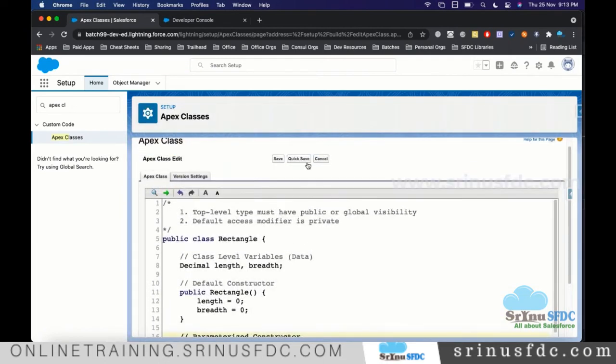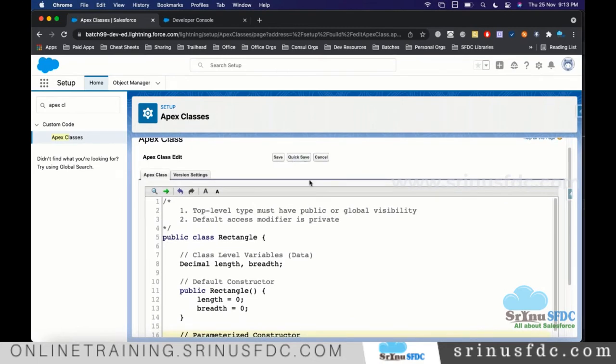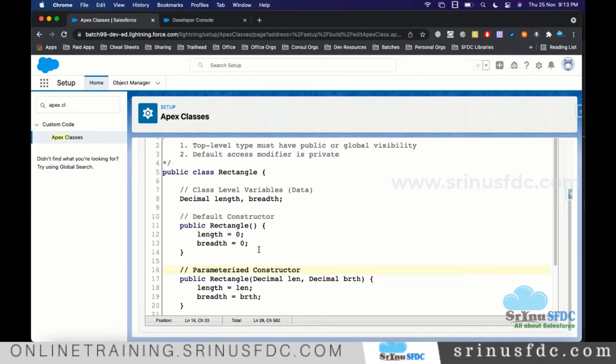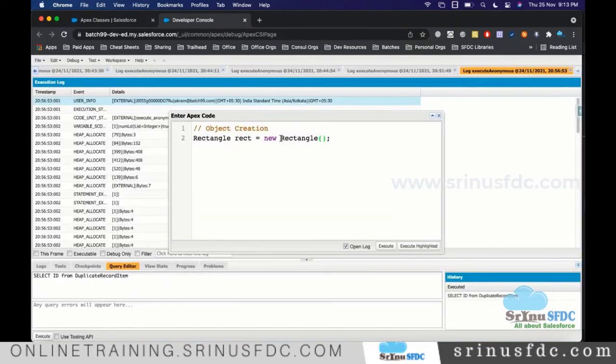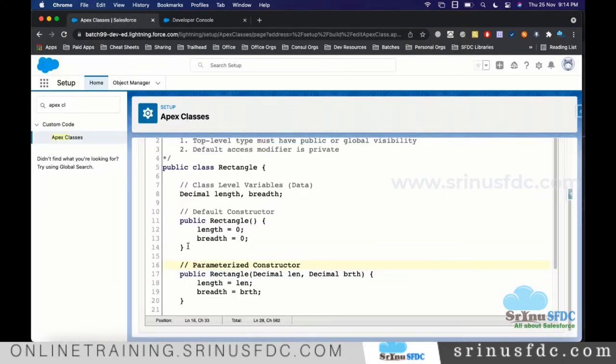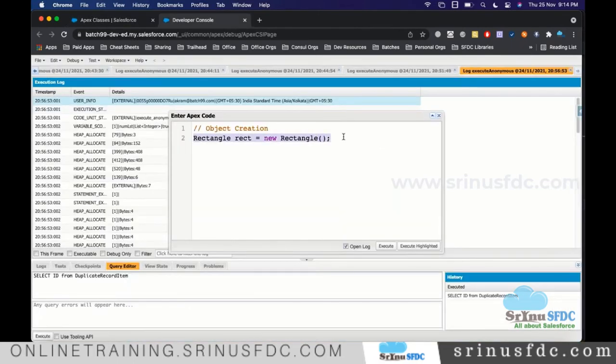Now I am saving it. So far the syntax is correct. If there is some problem with what we are writing, it will throw an error. It is saved, which means it is correct syntax-wise. Now, why am I defining these constructors? While creating the object, this place is for the constructor. When you have multiple constructors, which constructor you want to call is decided here. When we create this object using this constructor, we are not supplying any inputs, so we are calling that constructor.